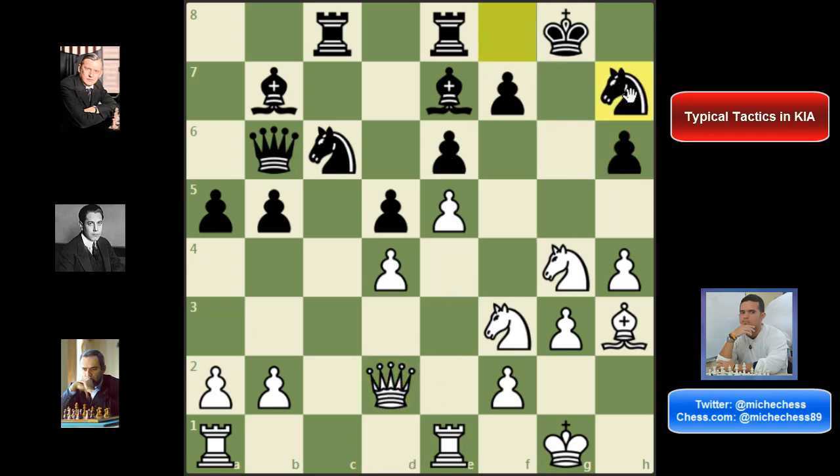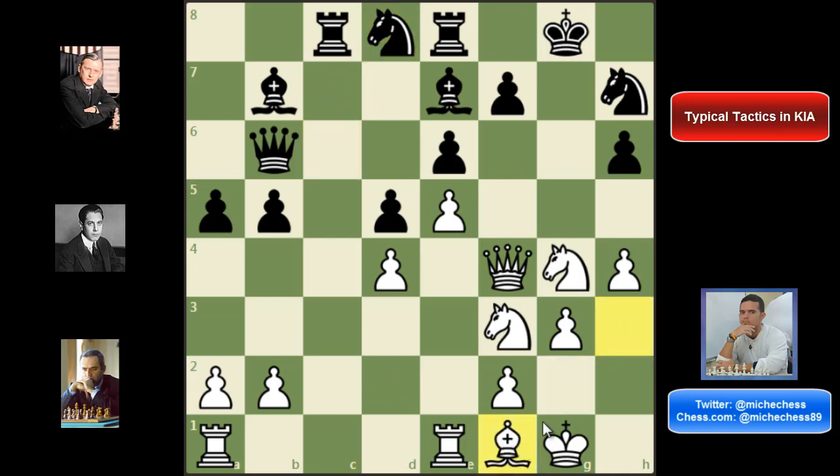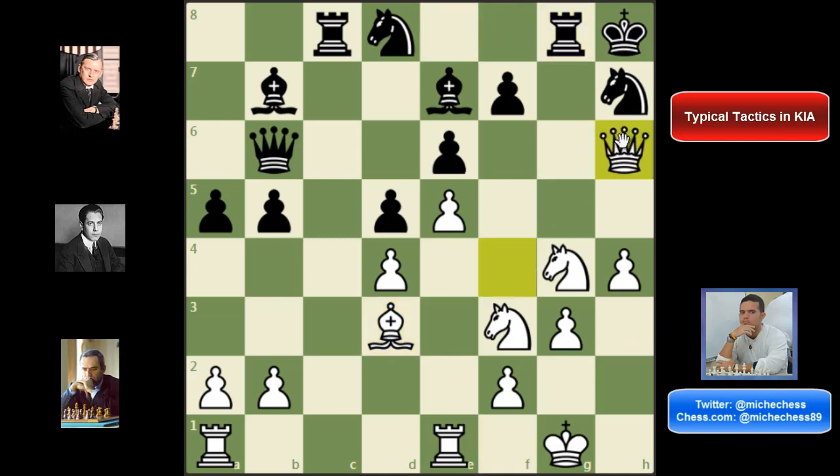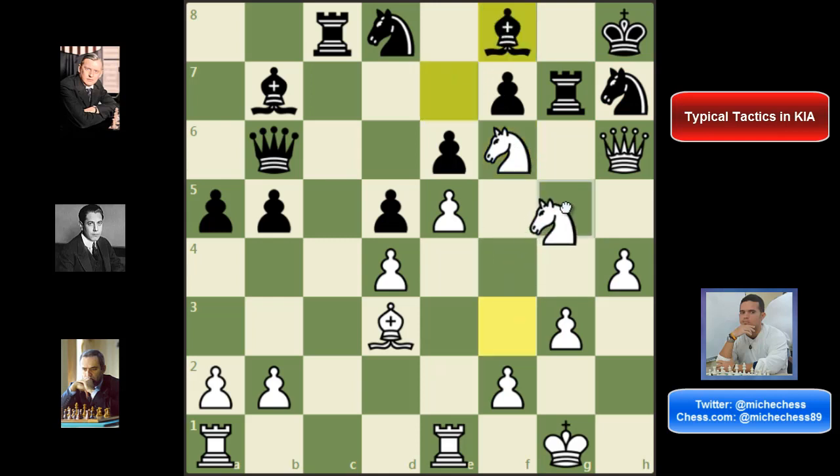And after knight h7, again he can capture, but he just played queen f4 first. And after knight d8, another King's Indian attack move was played, and it is bishop f1, bringing the bishop to this interesting diagonal. King h8, bishop d3, and after rook g8, then queen takes h6. Rook g6 was played. Observe that rook g7 is not getting too much. We can just play knight f6, a lot of pressure here, and after bishop f8, knight g5, the pressure is